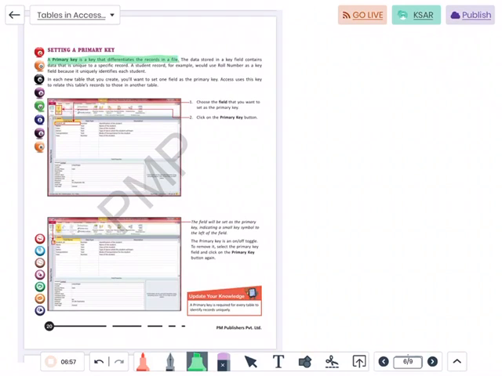A primary key is the key which pertains to a field that uniquely differentiates the record. That means, for example, student roll number, student admission ID, employee service number. These are all perfect examples of a primary key, because it will uniquely identify the employee, or if it is a student admission ID or roll number, it will uniquely identify the student.